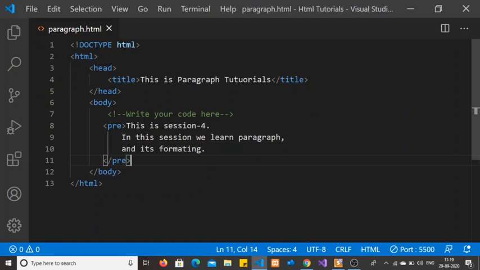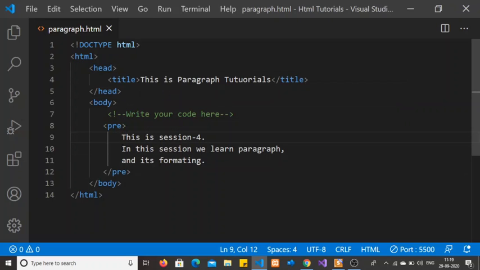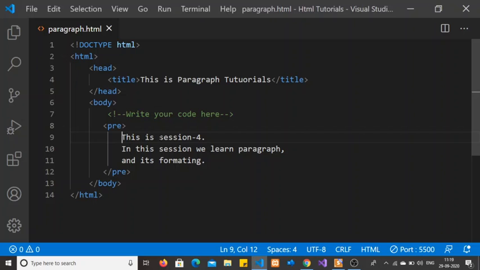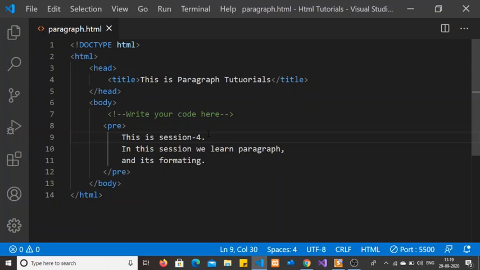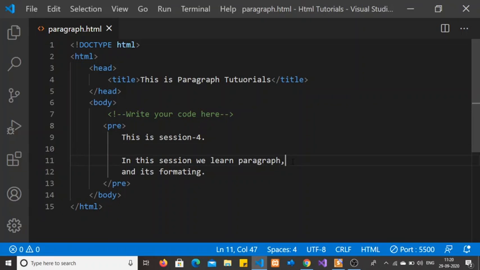So let's format it again. If I put one more blank line after the first and second lines, then have a look. Yeah, I can write in this way.